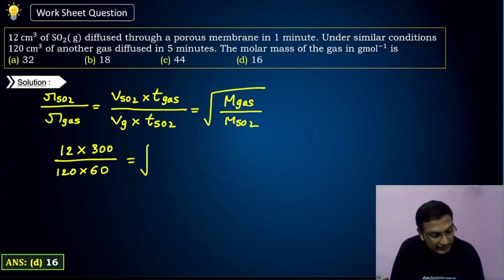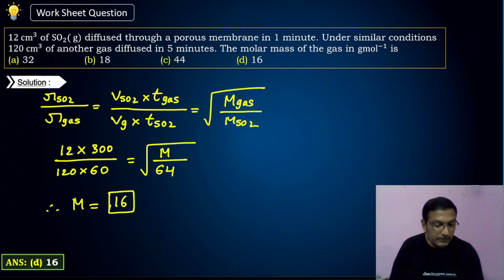That is equal to root over molecular weight of gas, say m, by 64. So therefore m value will be 16. Therefore option D, 16 value. Next,